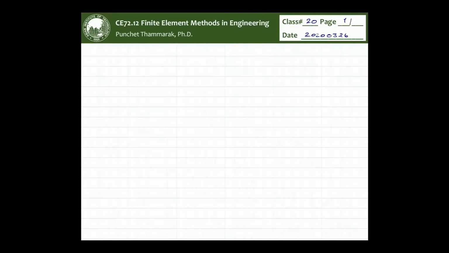This class, number 26th of March 2020. We finished the Q element and told you already that the Q element is actually very useful. The interpolation in the Q element is better than the triangular element that you're gonna see today. So the Q element is generally used for a larger mesh than the triangular element. It could be a cost-saving approach because